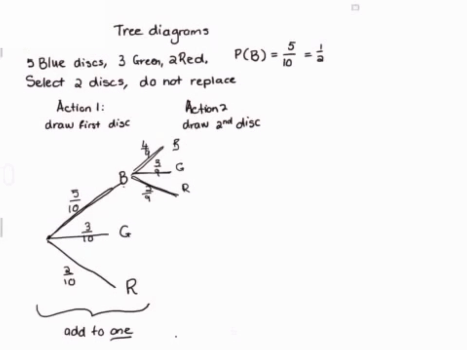Now you go back. So every time we start at this point again, we say or. Or maybe the first time I drew a green, chances again are you can get blue